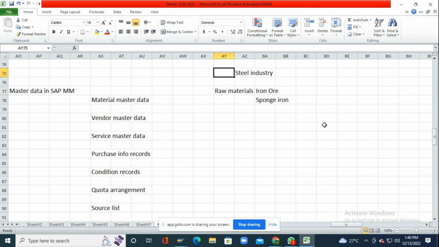Then if your industry is a plastic molding industry, let us say your industry is a plastic molding industry, right? So you are using PP granules as a raw material or ABS granules as a raw material,